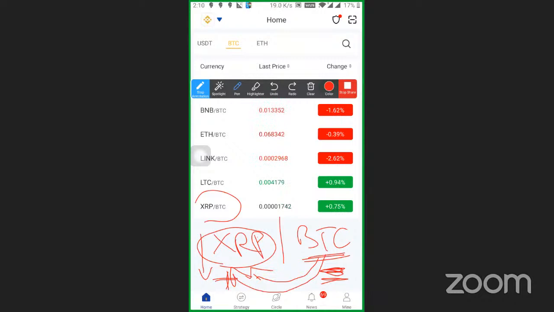Now, what happens after this? The XRP price starts to rise, right? Because it is a cycle. What comes down must go up, what goes up must come down, right? So when it goes up, what will the robot do? It will sell all the XRP that you bought previously and give you back your BTC. So the XRP will be reduced to zero if you have sold all of it, and the quantity of BTC will be back to the amount that you started with,